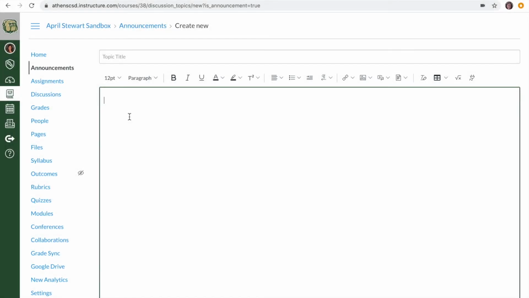Welcome back, Bulldogs. We are going to look at inserting a link into your announcements, your assignments, into your modules,